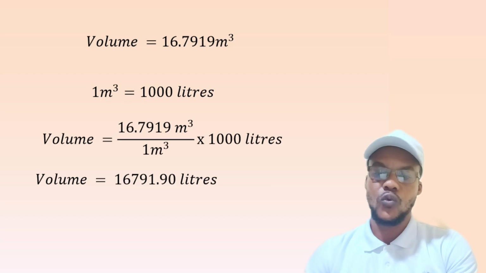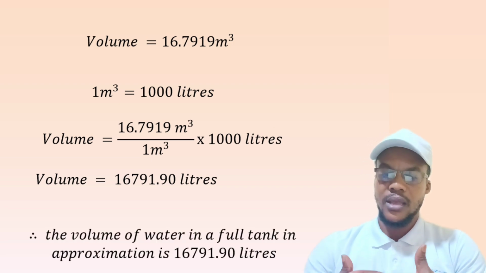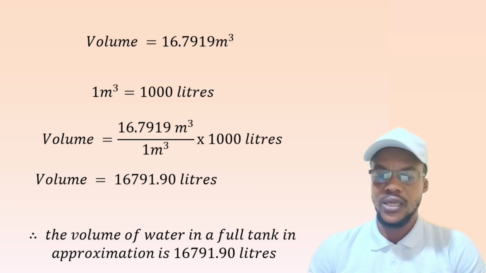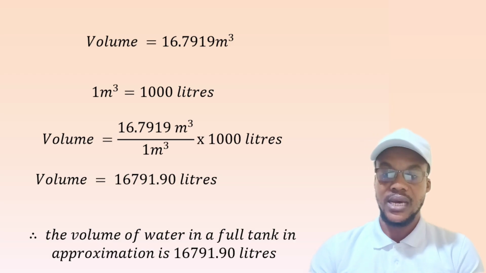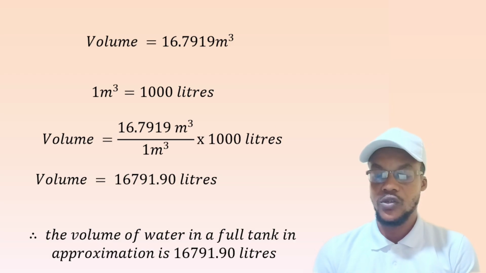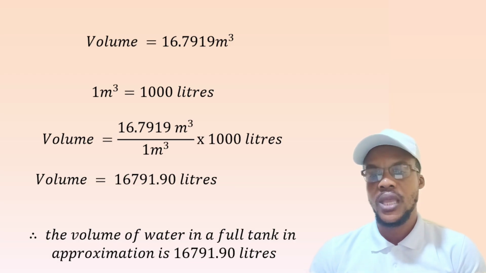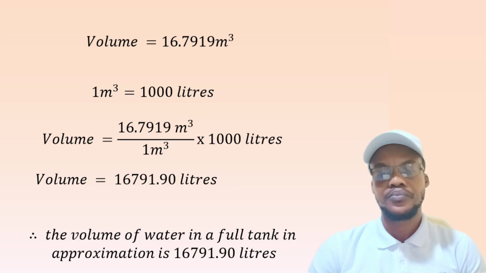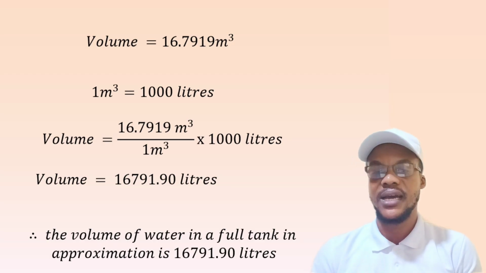Okay, good. So this suggests that this is the volume of water in a full tank, approximated to 16,791.90 liters. So that is how to go about it. You see that it's very easy. Once we are able to calculate the volume of water in the tank built by the contractor,